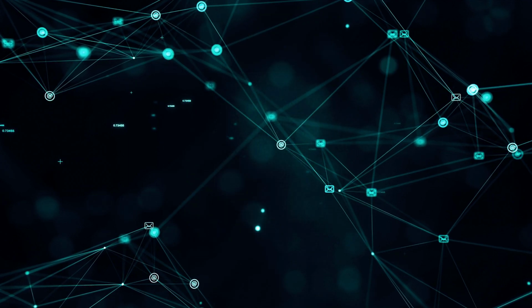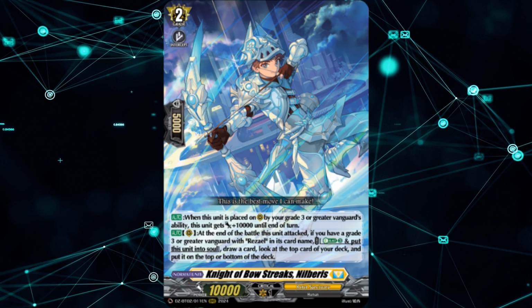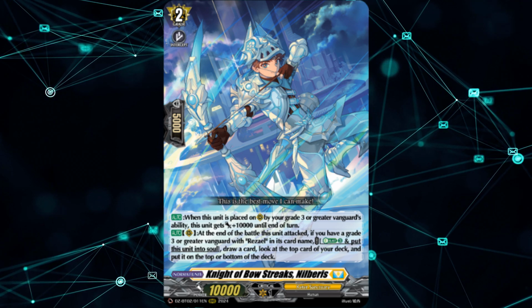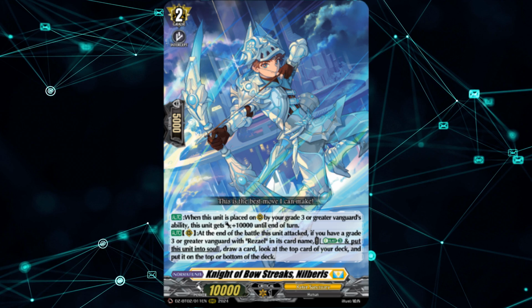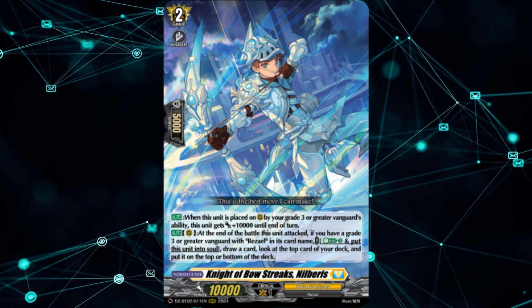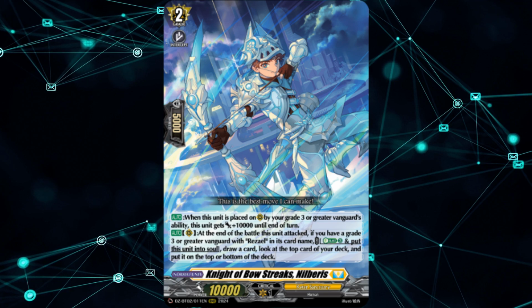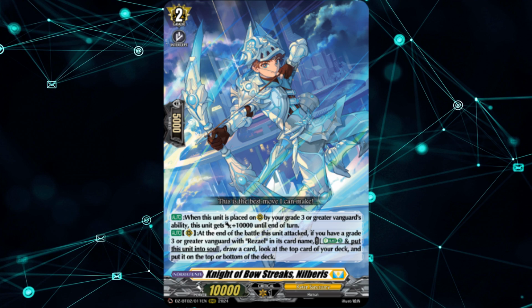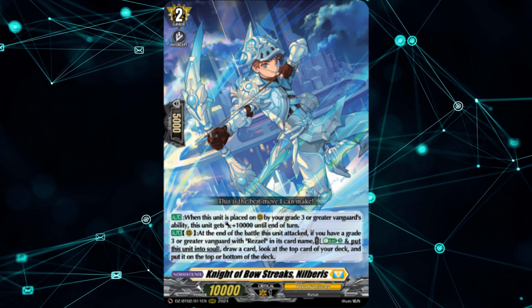Now moving on to the grade 2s, we've got Knight of Bowstreaks Nilberis as a 4-of. Now Nilberis came out in set 2, and oh my god, this tripleware is so good. Being able to get you plussing, deck manipulation, it provides you extra soul mid-battle, it's a 20k beater, and to top it all off, it has the coveted Nil Pale combo, as I like to call it, which is Nilberis